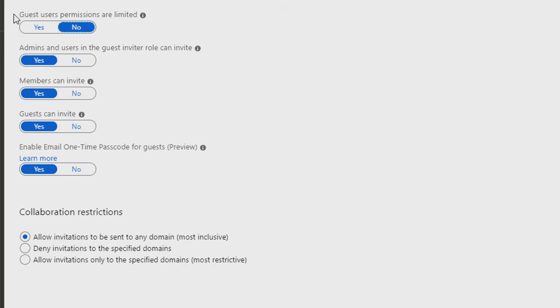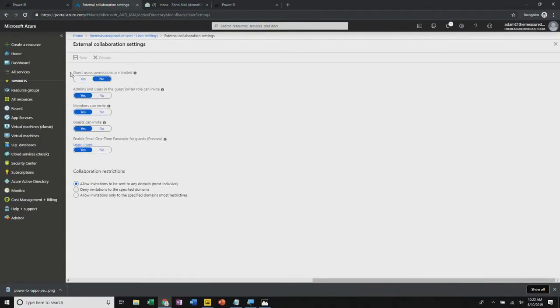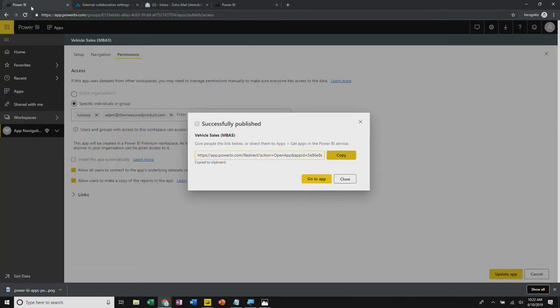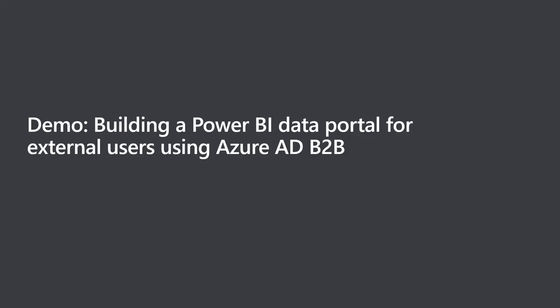And that's great in most circumstances. When we get into more advanced capabilities, like the edit and manage capability I'll show you in a little bit, we want to set it to no, because that will limit those experiences. But I can also choose who can invite, how they can invite. You can even do things like, at the bottom of the screen here, deny specific domains from being invited. So there's a ton of control, and there's way more when you look at the documentation for this. So great. So now at this point, what I've achieved is I've built my BI portal, and I've shared it with my external user. So with that, let's hop back into the slide deck and continue on.